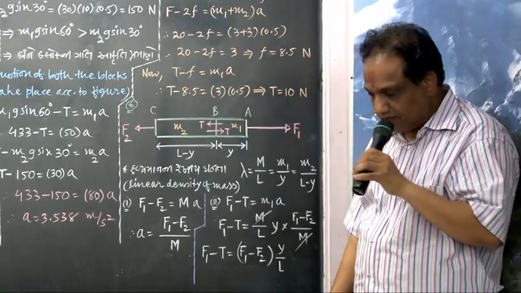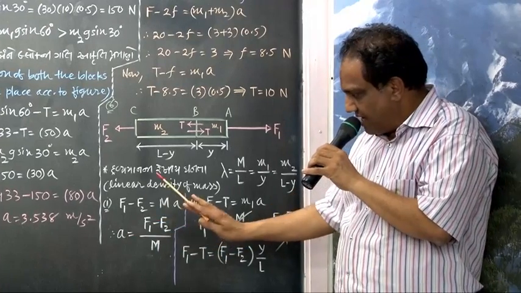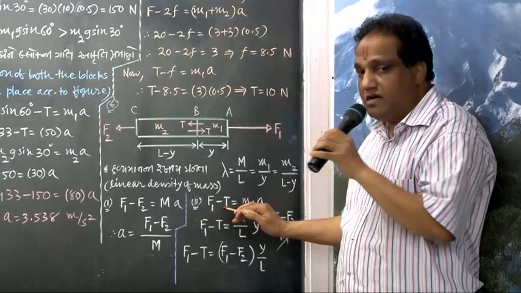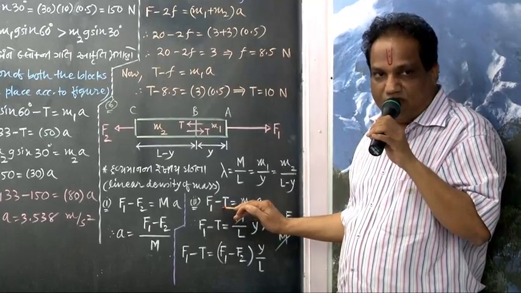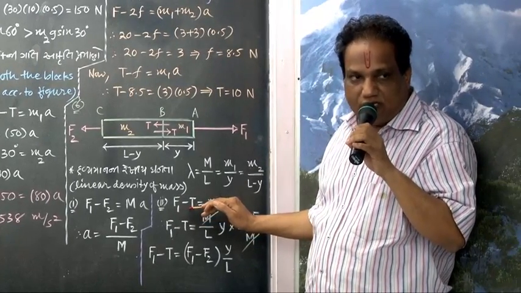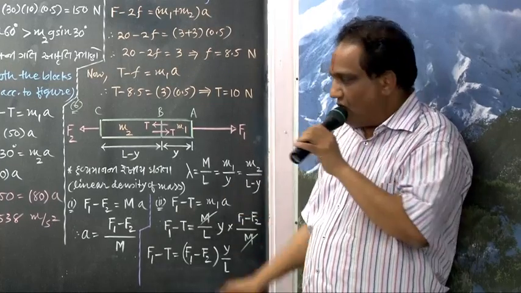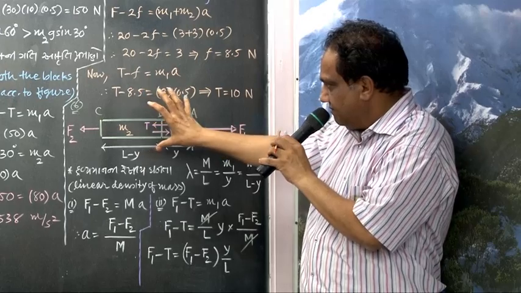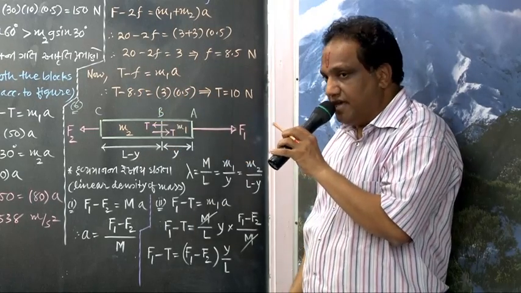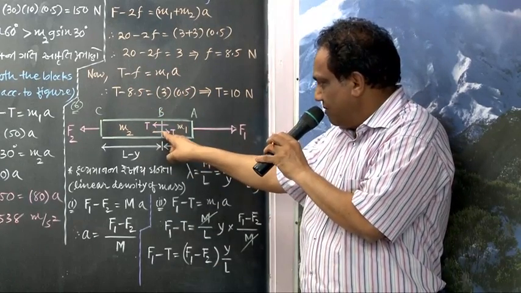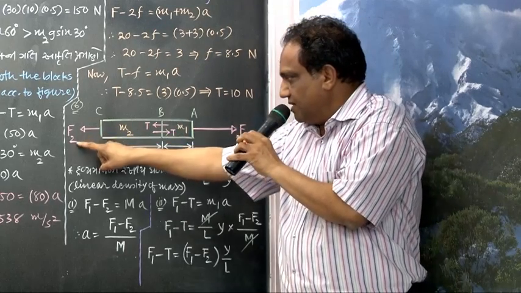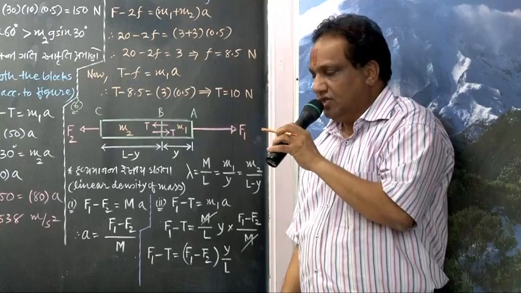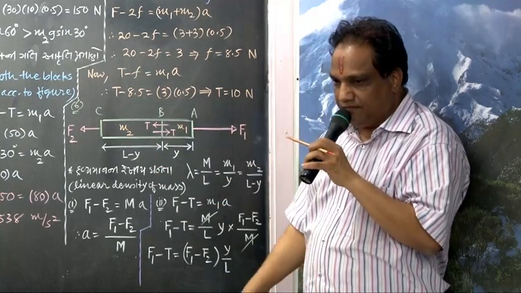Look here. This acceleration will be as it is, the way you wrote here in the equation of motion for the first part. Now tell me, the equation of motion for the second part. The whole rod is moving towards the right hand side, correct? With acceleration A. So now this force must be bigger and this force must be smaller. So T minus F2 will be M2 into A.